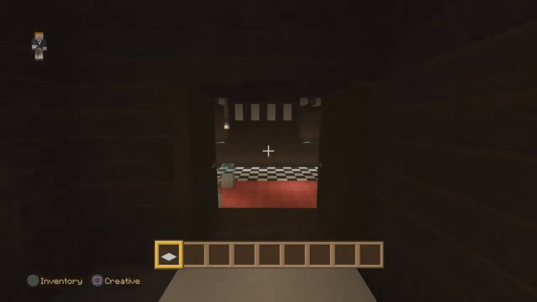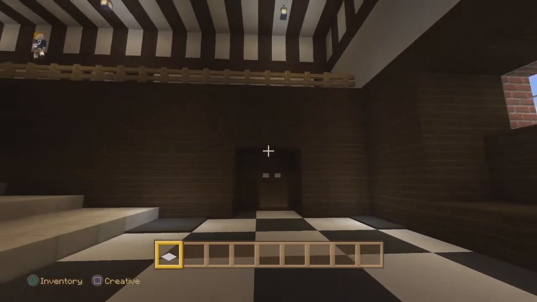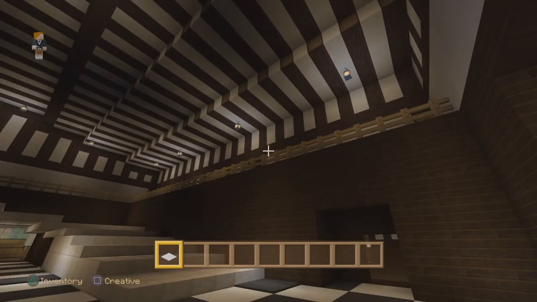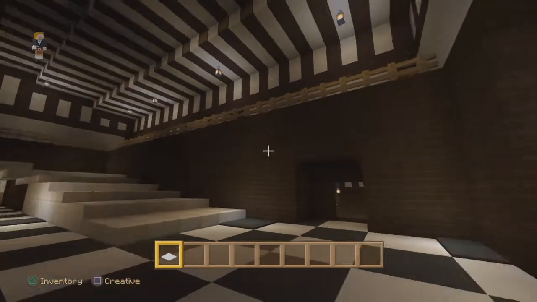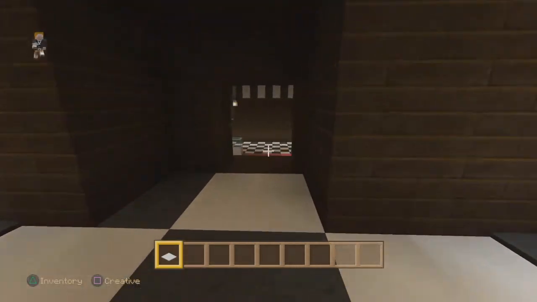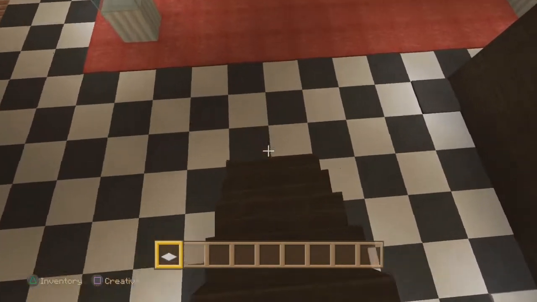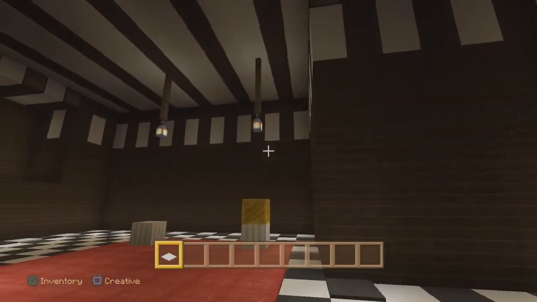So in the end, I started building this at ground level, and then when I went to do the upper floor, it was like, oh, there's no room. This room is far bigger than what it should be. So I ended up having to stick it really far down,